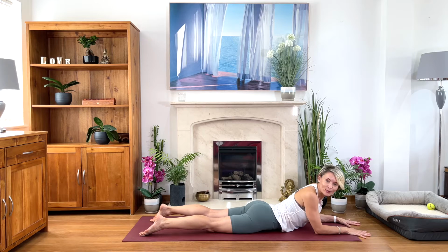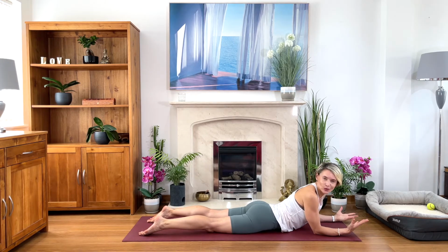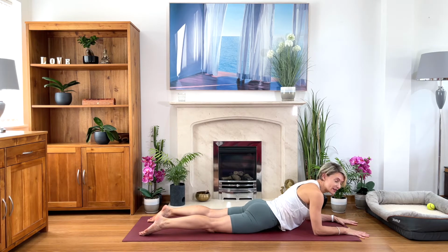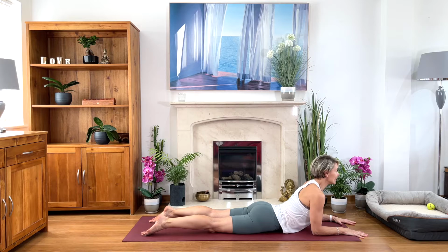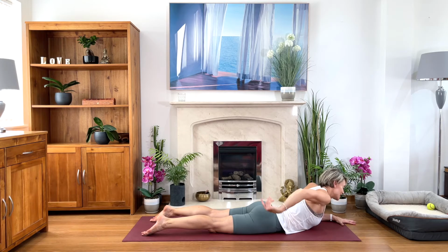Lovely beginning of the back bend. And if you feel you want to stop here, you can stop in this posture. Just stay here. Lengthening the tailbone, moving forward with your chest, reaching forward with your chest, elbows dragging back, and you lengthen, lengthen, lengthen, then soften between your shoulder blades, squeeze your shoulders, and you can stop here if you feel this is just enough of the back bend, or maybe for the locust pose, you take one arm back,